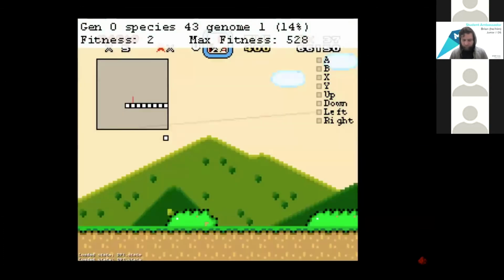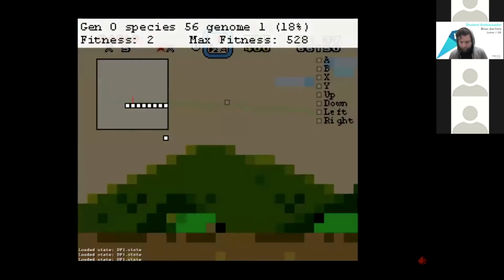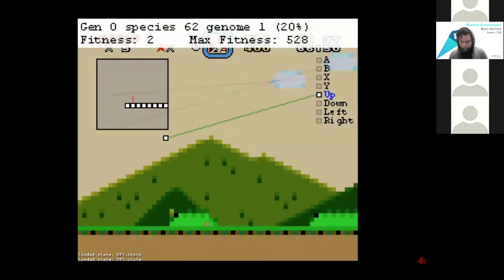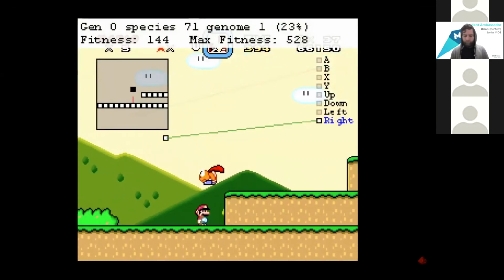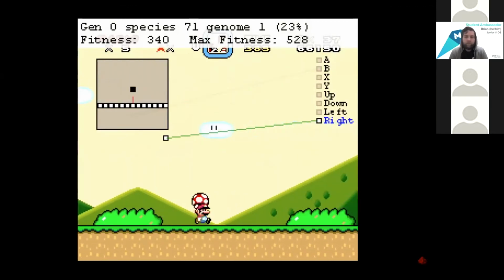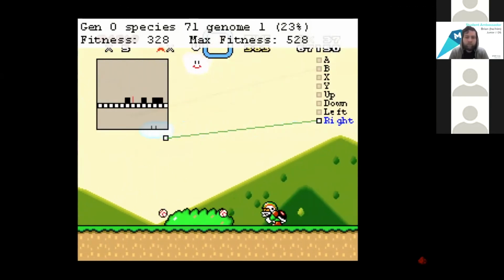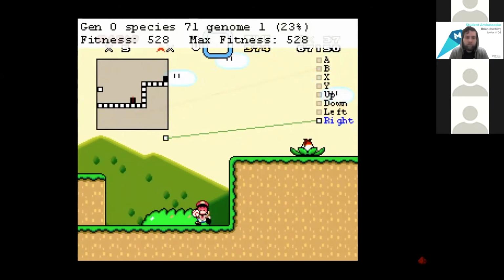The program is probably even dumber than you thought at this point. Often it just stands there and doesn't even press any buttons. If Mario stands still for too long, it'll cut off the simulation and try the next neural network, so it's mostly just jumping from one simulation to the next. But occasionally, the neural network says to press the right button, and the player starts walking right. Behavior isn't complicated, but it's enough to make at least some progress in the level.